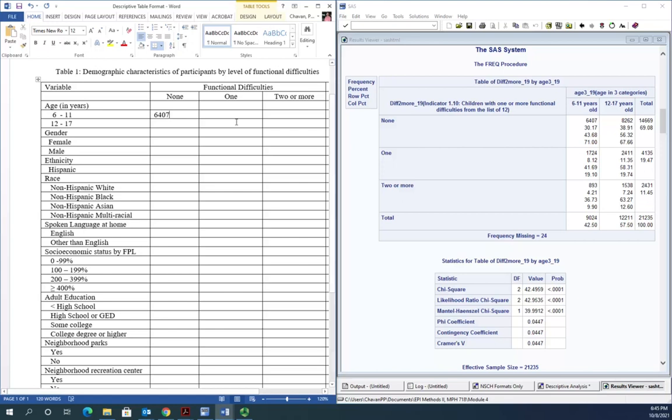And in 12 to 17 years of age, it is 8262, right? So I always first like to fill in the frequency and then go ahead and fill in the corresponding percentage. And as I said that we should always take the row percentage. So the row percentage here is